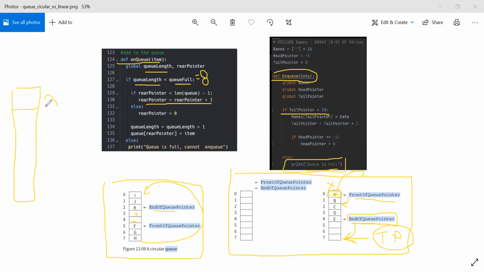If it is 0 and here is 7, assume that the rear pointer is here. If it is less than 7, I will just increment the rear pointer by 1. Right? Okay, good. If it is at 7,